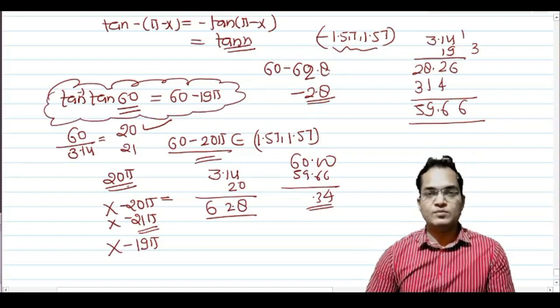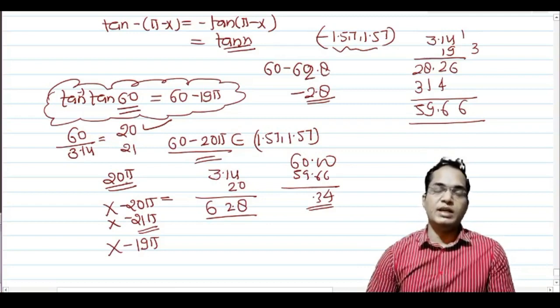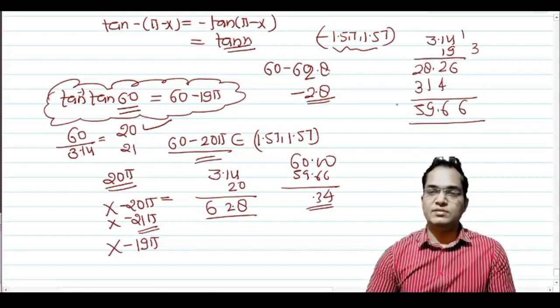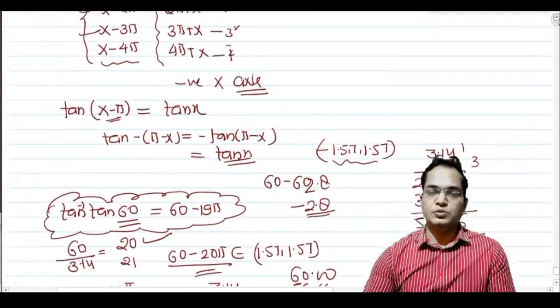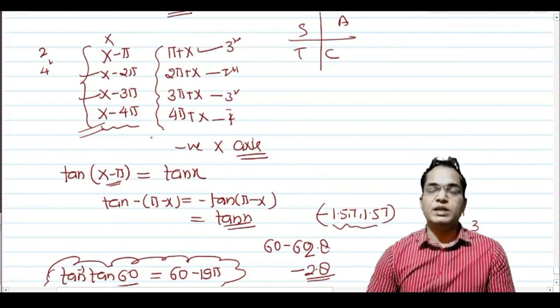Got it? Now you can solve any questions, tan inverse tan 100, tan inverse tan 10,000, any questions. If you realize that there are only two possibilities by this setup, keep in mind that there are two possibilities like this and like this. x minus π, x minus 2π, x minus 3π, x minus 4π, like this, and π plus x, 2π plus x, 3π plus x like this. For the negative angles, these values are usable, and for positive angles, these values should be applied. Okay.